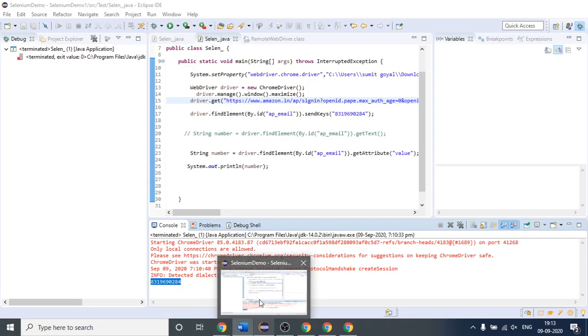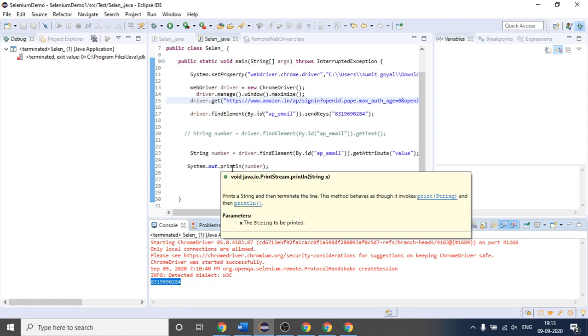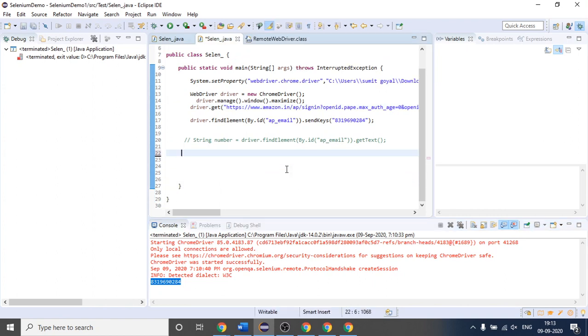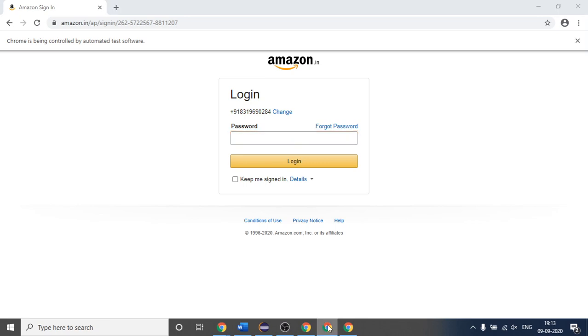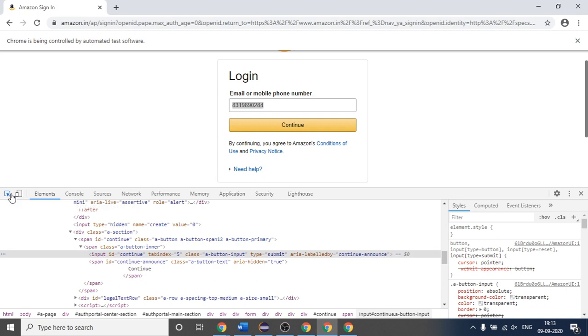Okay, so let us write some piece of code so that we can understand how this click method is working, right? As of now, I am removing this. It is not required. So I will come here. I have to click on this continue button. After I fill this number, I have to click on this continue button. So I will simply click this. This is the first step, right?